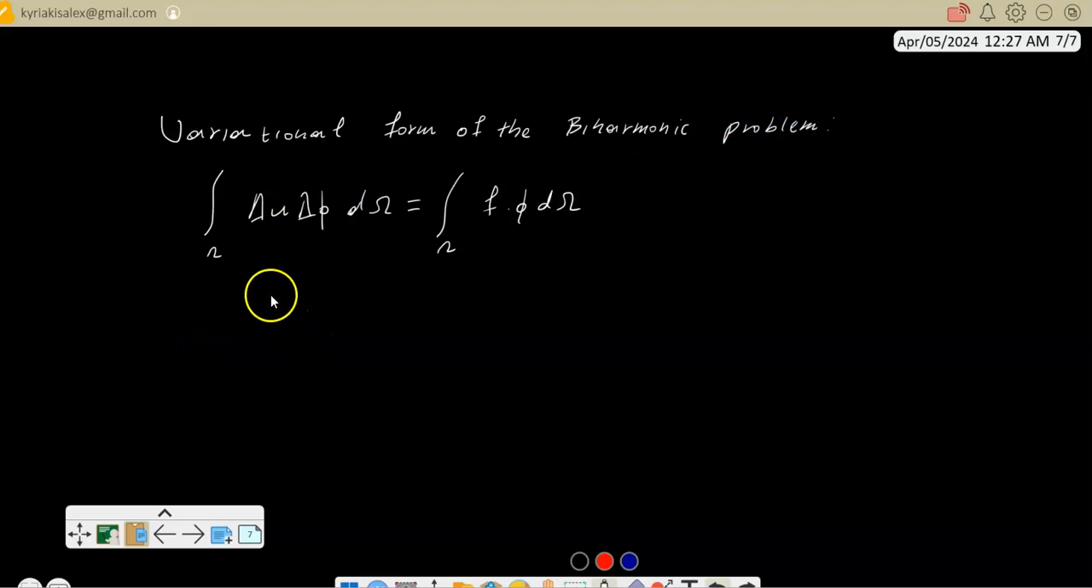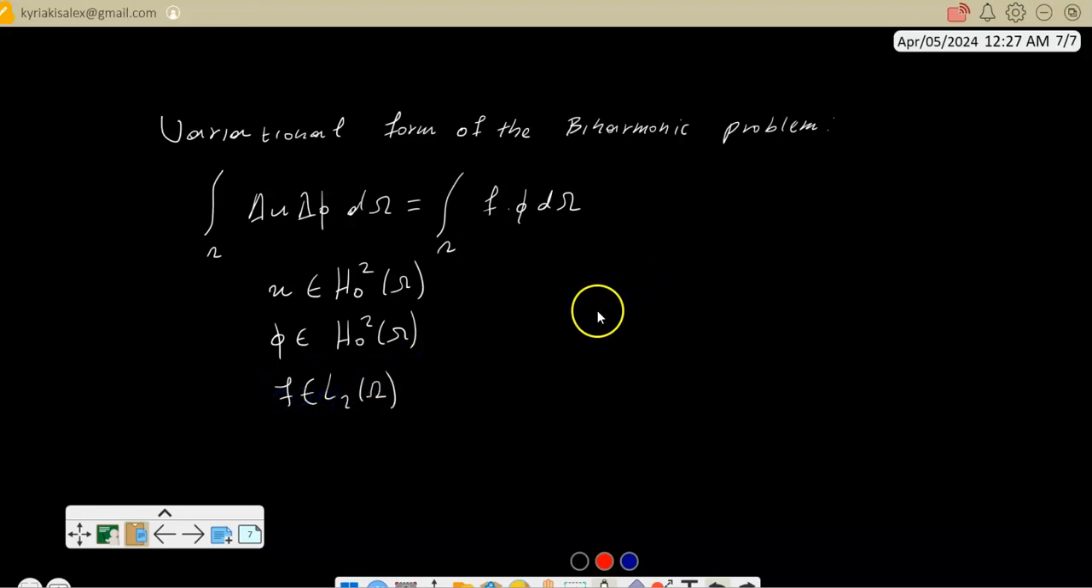Now let's define the space for u and phi. U belongs to H0 2 of omega. Phi, the test function, belongs to H0 2 of omega. And f belongs to the space of square integrable functions. What is this H0 2 of omega? It is the space of functions w